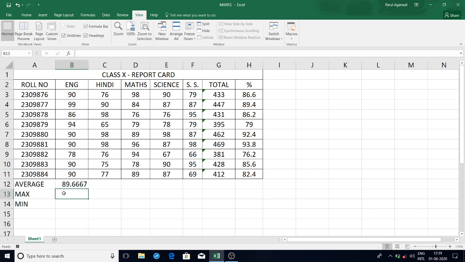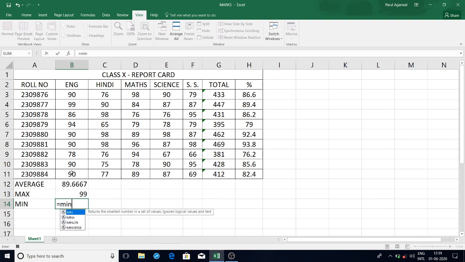Second is max. So I'm giving the formula of the max function, maximum marks, equals, then the range starting from the first student's marks to the last, bracket close, enter. And the last is minimum.